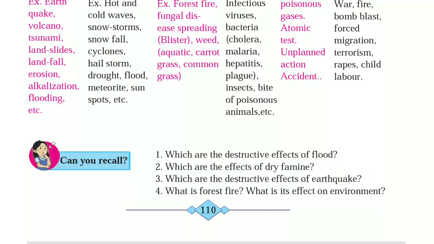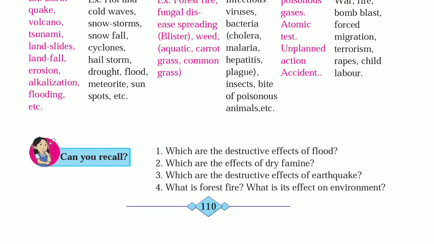Can you recall which are the destructive effects of flood? The flood waters uproot the trees. The houses collapse due to surge of water. The fields get waterlogged. The water does not recede. The cattle die of asphyxiation, of drowning. Since everything is underwater, the process of decomposition begins at a higher rate, and this may spread the epidemics of